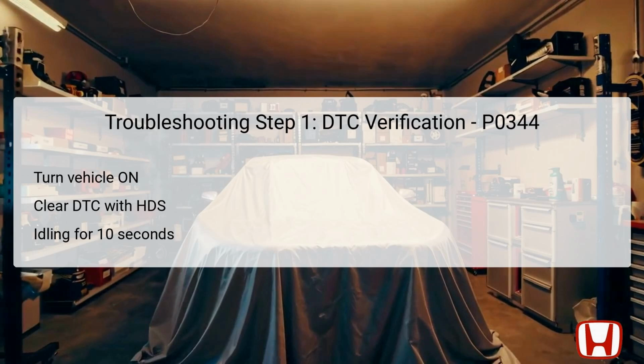After clearing the codes, start the engine and let it idle for approximately 10 seconds, allowing the PCM to reassess its components. Then, monitor the OBD onboard diagnostics status specifically for DTC P0344 in the DTC's menu using the HDS. At this point, observe whether the HDS indicates that the DTC has either failed or passed, as this will dictate your next steps